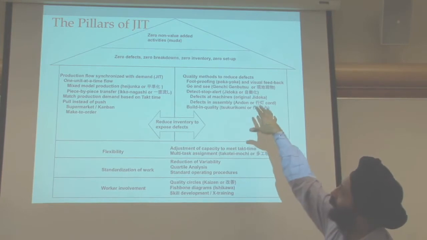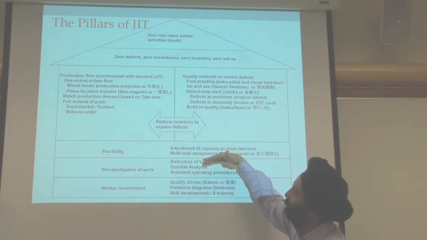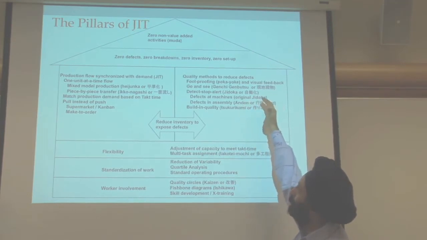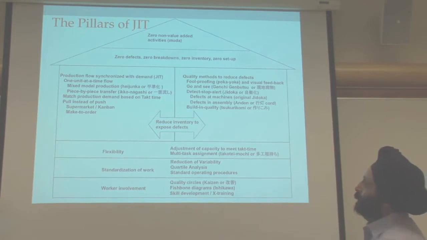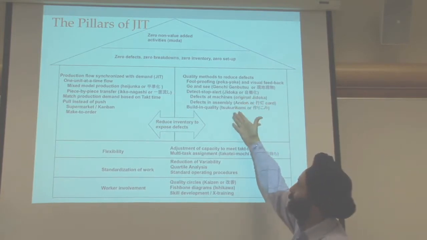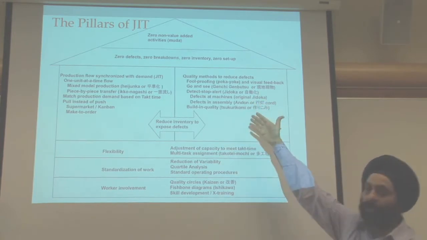So this is what we're trying to do: reduce the amount of inventory. One way is to make sure we don't produce bad quality. Over here, these are all the quality methods to reduce the defects. So foolproofing, Poka-yoke, that we discussed in the previous